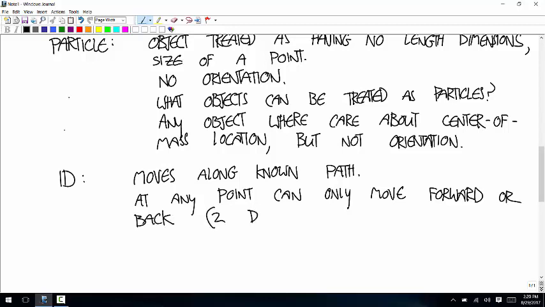So there's only two directions in a one-dimensional world. And that makes things easy in one dimension